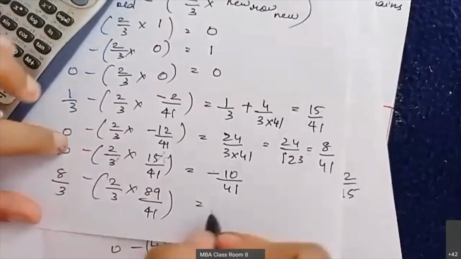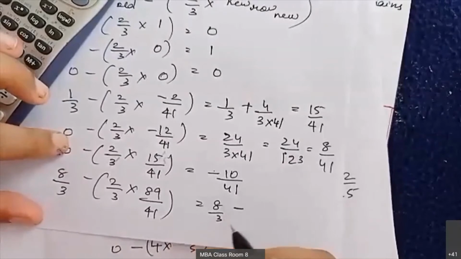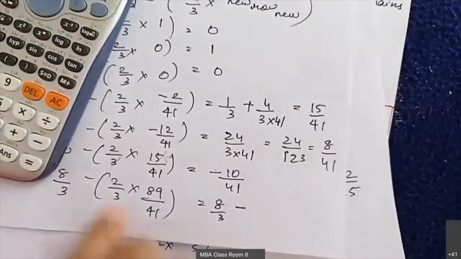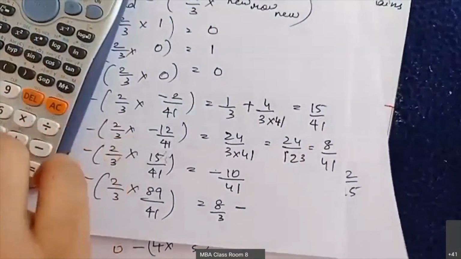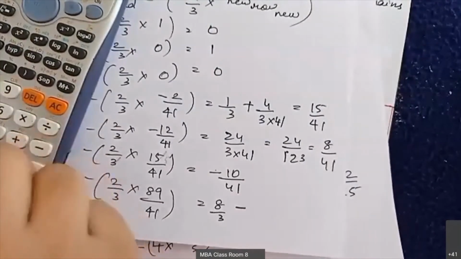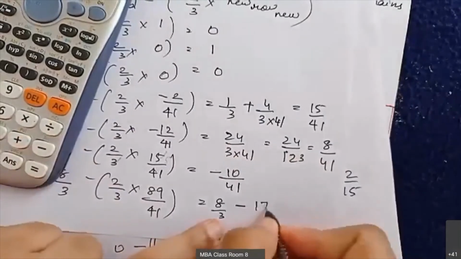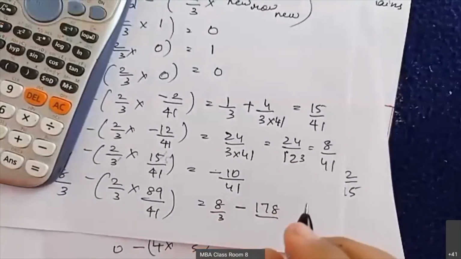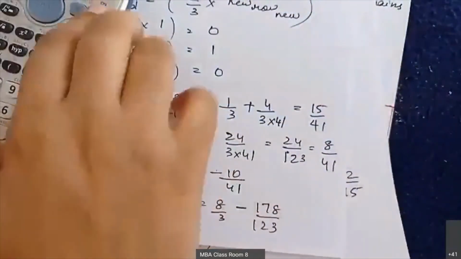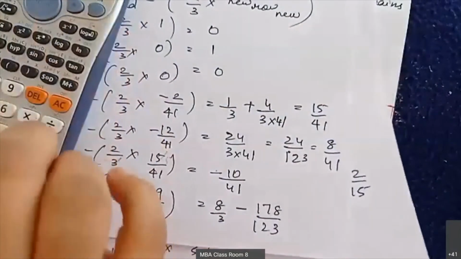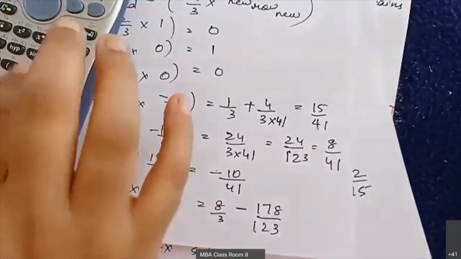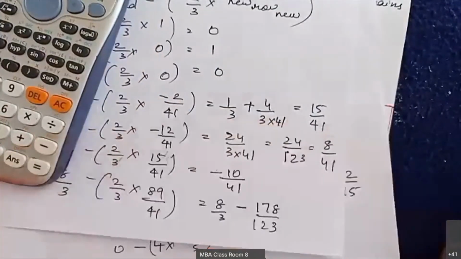Over here, 8 by 3 minus. You have to solve it. So it becomes 2 into 89, which is equal to 178. 41 into 3, which is 123. Now solve that. 8 divided by 3 minus 178 divided by 123, that is 50 divided by